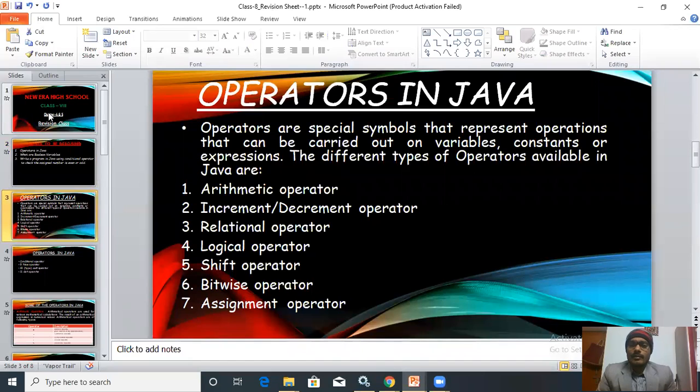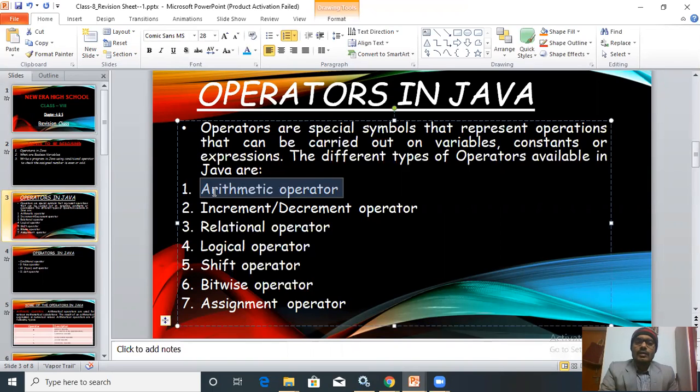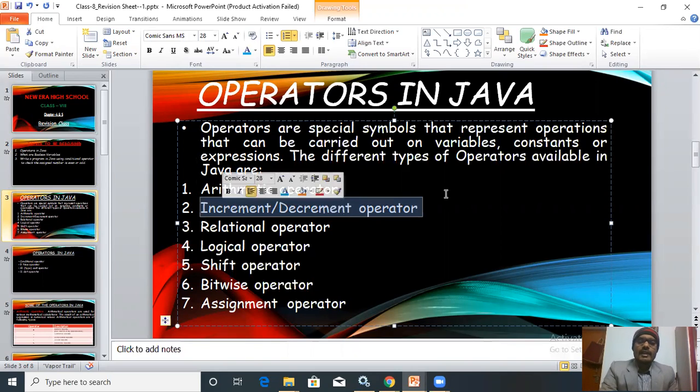The different types of operators available in Java are arithmetic operators and increment or decrement operators. Arithmetic operators calculate all the mathematical problems: plus, minus, multiplication, division. Increment and decrement operators increase or decrease the value of a variable or constant by 1.